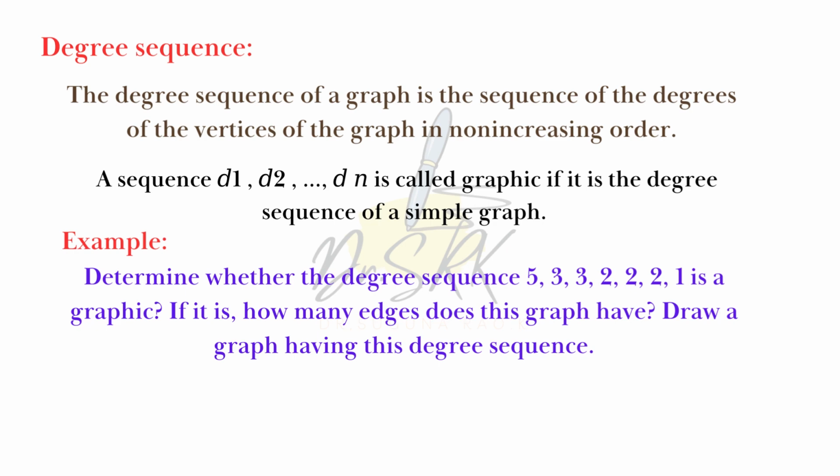Determine whether the degree sequence 5, 3, 3, 2, 2, 2, 1 is a graphic. If it is, how many edges does this graph have? Draw a graph having this degree sequence. So, to solve this type of problems, we mainly depend upon